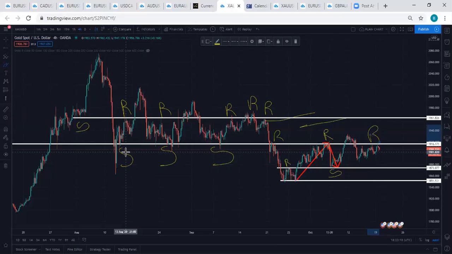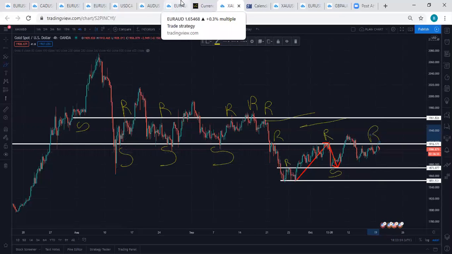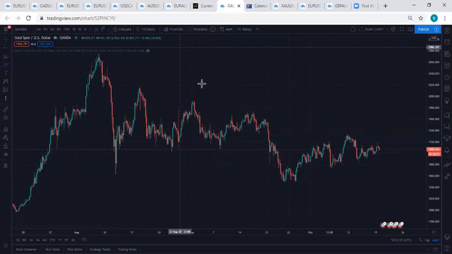So when price is coming to a resistance, you are looking for a candlestick formation to confirm that the resistance will hold for you to go for a sell. Because resistance is a ceiling. When a ball hits the ceiling, it comes back down. That is how the market behaves. So now let me remove all of this so that we'll do what we are doing today.